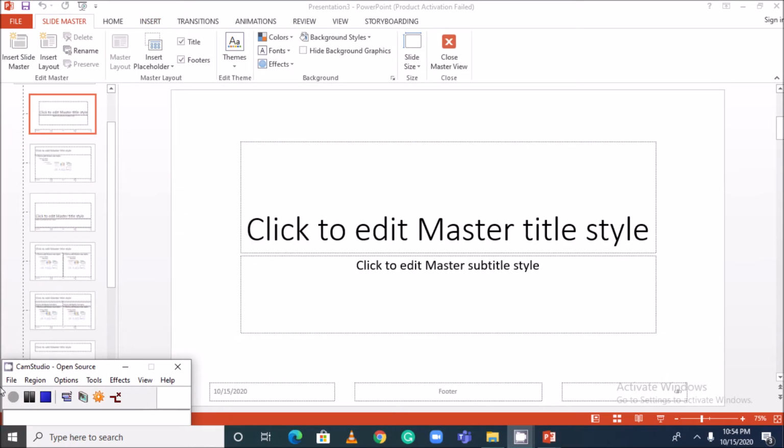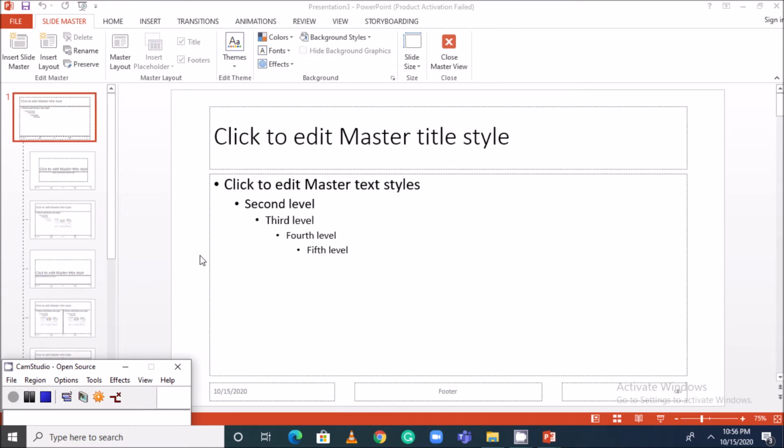Dear children, now we are going to learn about background. You can change the background of all slides using the slide master. You can add an image or background color. But you should always make sure that your text can still be read if you change the background color or image. With a light background color, use dark text, and if you use a dark background color, use lighter colored text. This will ensure that text stands out against the background.